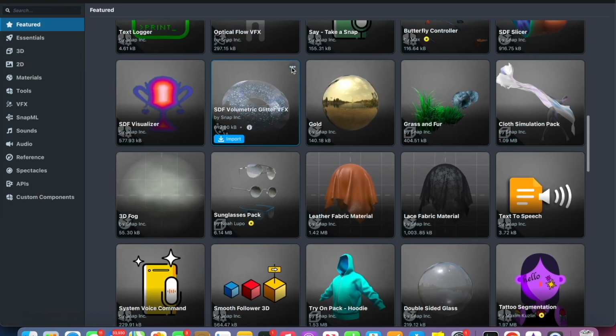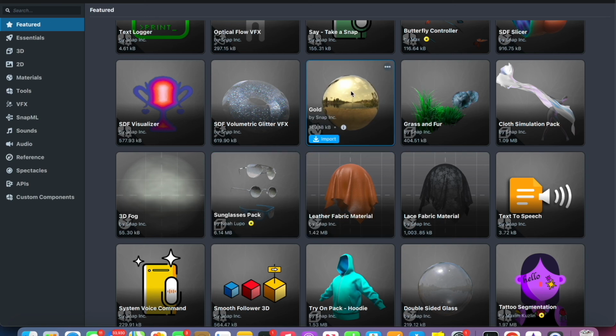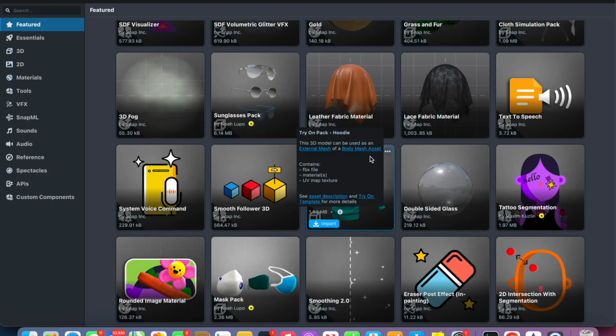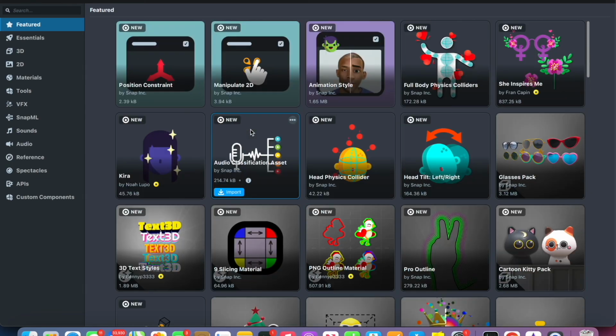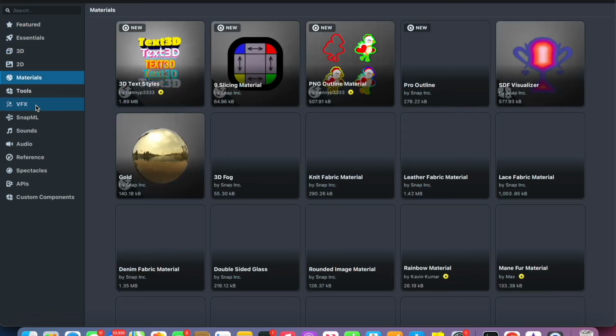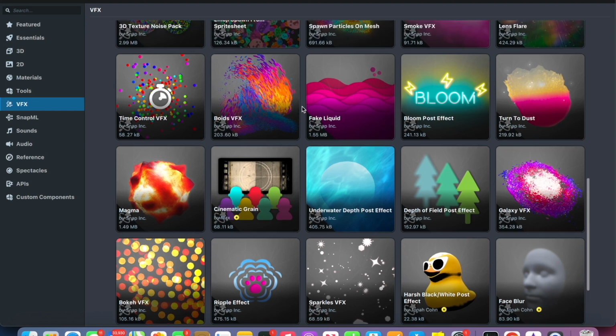And so that gold thing, that's a simple PBR. Since I just taught you guys pretty much how to make that, now you guys know how to make this. You do the simple PBR, you change it to yellow, and then you turn the metallic up. Everything in here can be made, but all this stuff is already made. And there's lots of really cool stuff. What I'm going to be trying to learn is how to design this stuff, and that is actually